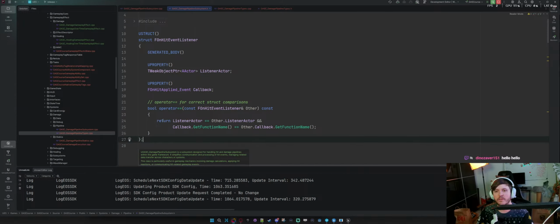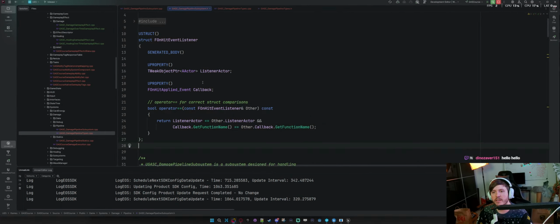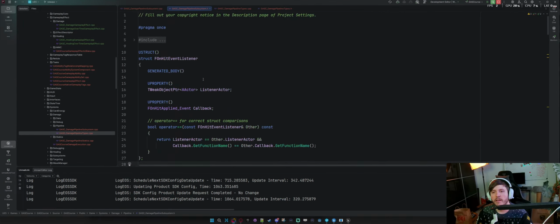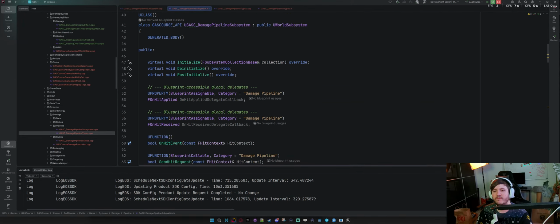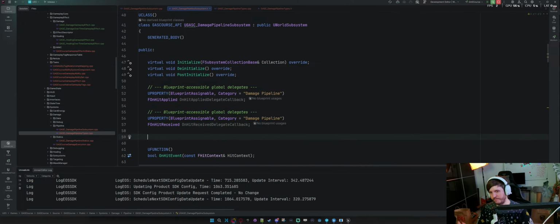Need to have, because yeah, there is this callback. F on hit applied. I think I need something else too. Let's just do it little by little. So you property, yeah.